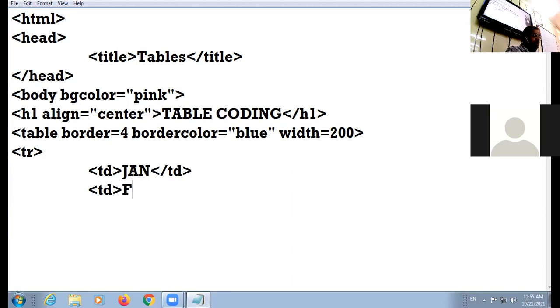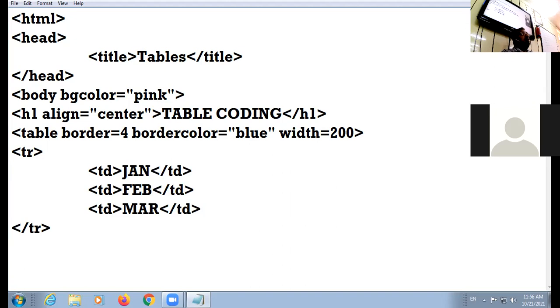Then next month, Feb, I close the TD. Next month, March, I am closing the TD. I want 3 cells in the row. So here I close the TR.